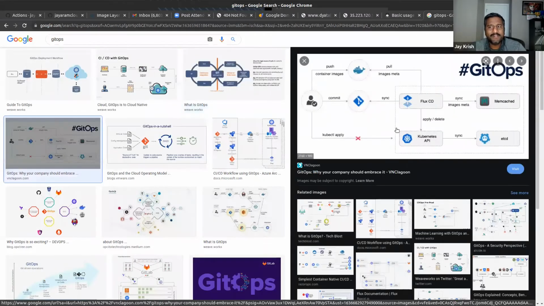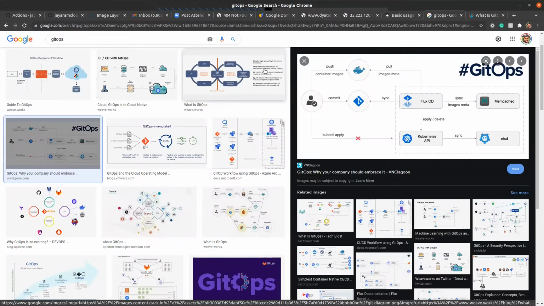In a real Kubernetes environment, we push this container image to a registry, and then code is committed. Then inside the Kubernetes cluster, we will have some component. This is not a push model, unlike the old world. This is a pull model.